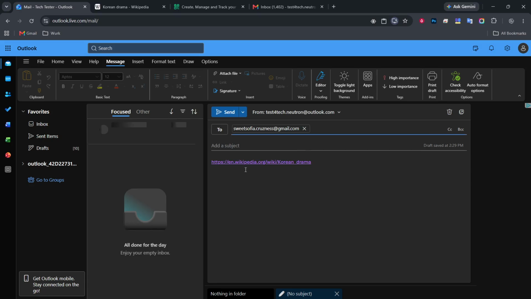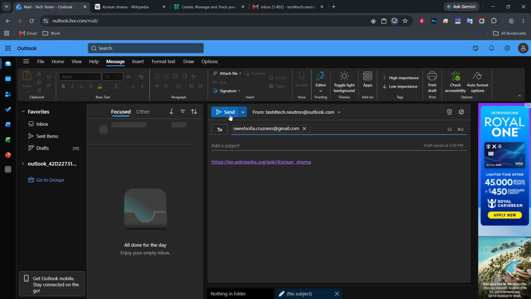Congratulations, you've just learned how to send a link using Outlook 365. This method is quick and efficient, allowing you to share valuable resources with ease. Remember, practice makes perfect. The more you use this feature, the more